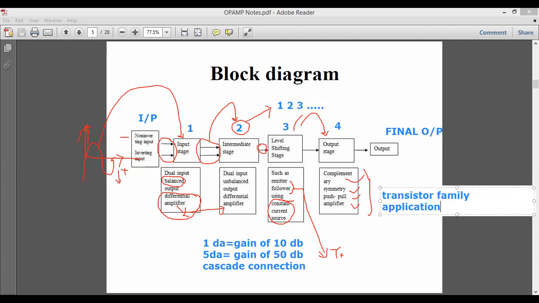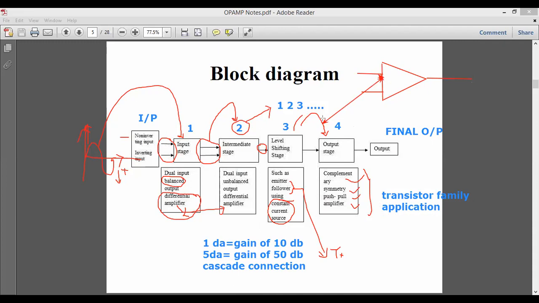So this is how we go about building each block of the operational amplifier, and all these blocks, the whole blocks 1 to 4, are available in this triangular shape of your operational amplifier. It is inside. Here you can see the whole blocks from 1 to 5 completely belong inside the IC. Each block has its own operation of interest when we go for analysis of this operational amplifier.